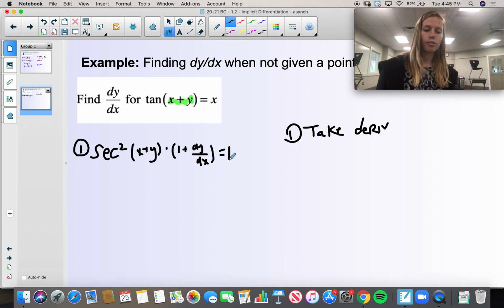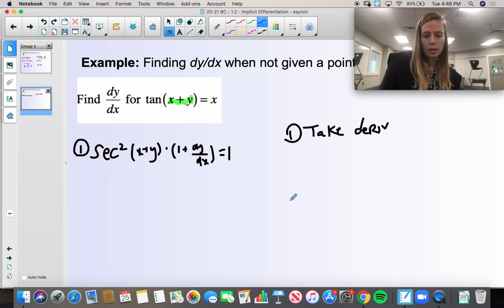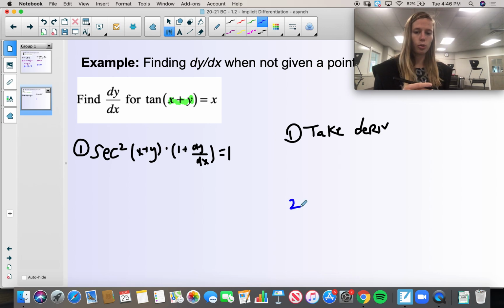Now, because there's really only one giant term over here, I don't need to distribute out the secant squared. If there were multiple terms, I'd probably have to distribute it. We'll see that in class tomorrow. Instead, I just have to solve for dy/dx. So my second step is going to be